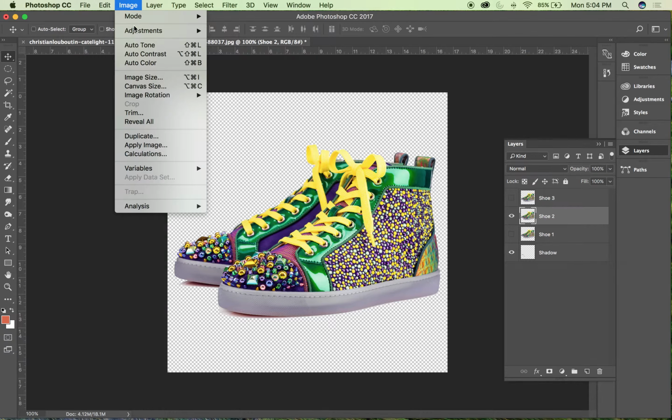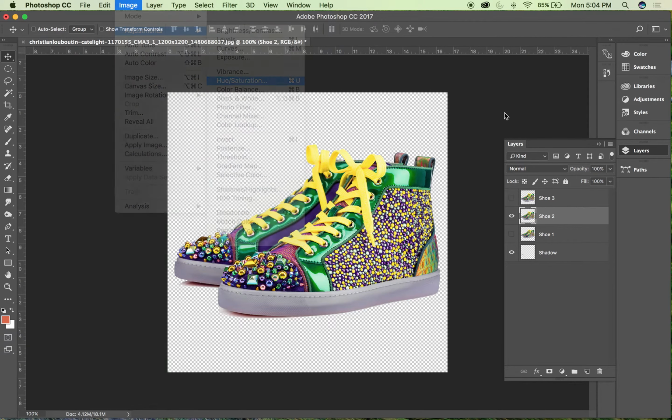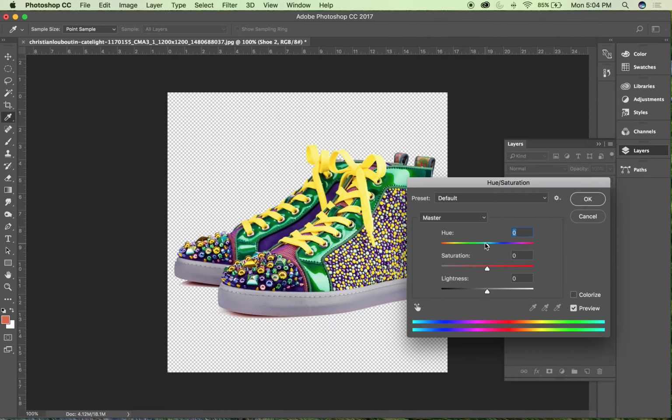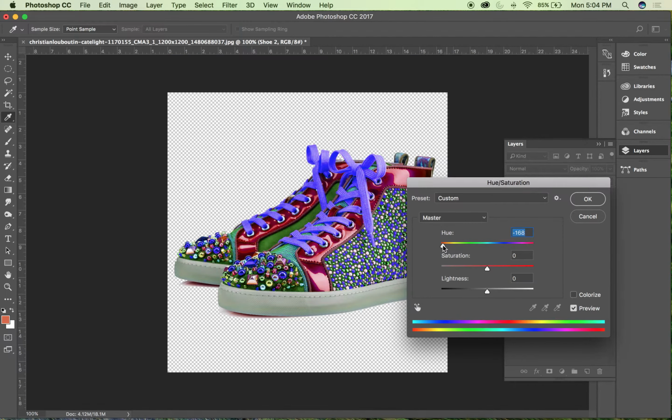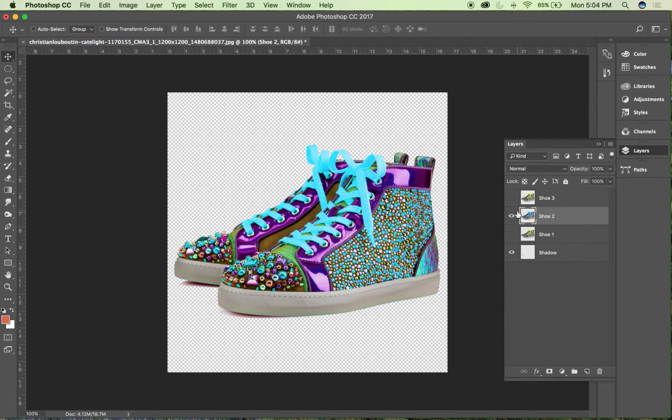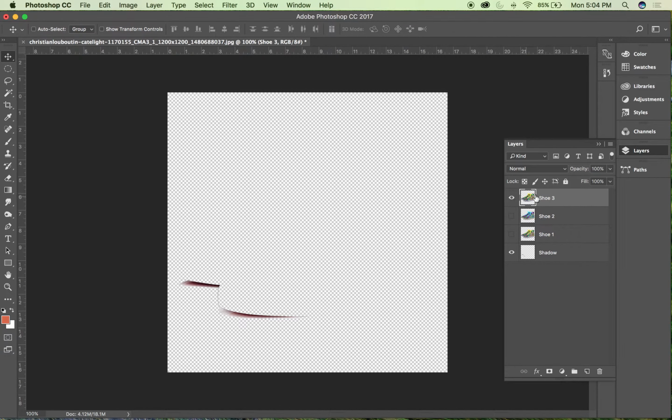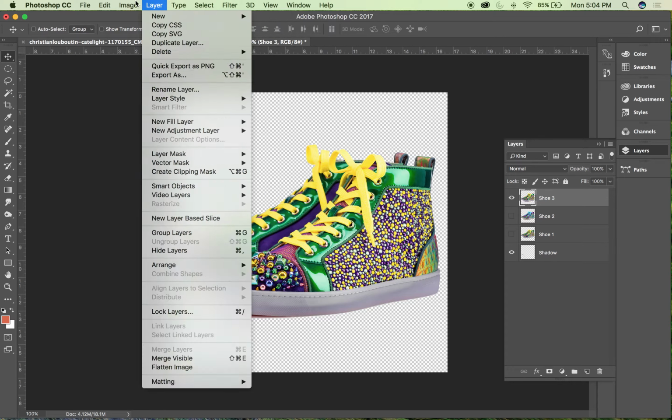So I'm going to go image adjustments. Just real quick, I'll do hue saturation. I'll adjust it just to make it real quick and easy, because we've already kind of gone through some of the basics here. Okay, so that looks like a good shoe. And then Shoe 3, again, I'll just use my hue saturation